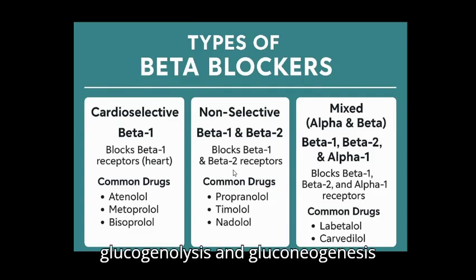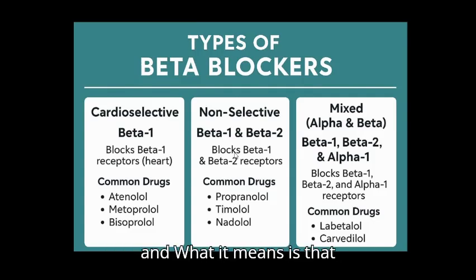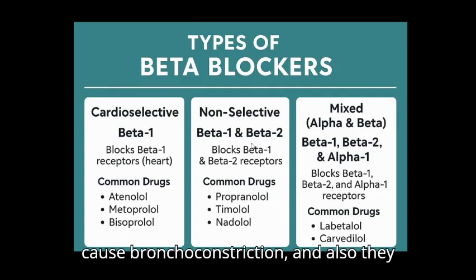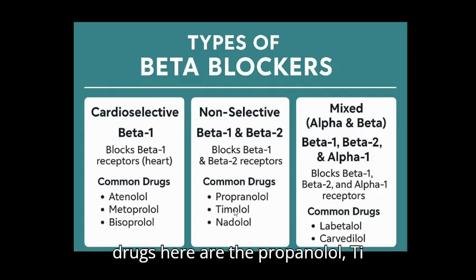glycogenolysis and gluconeogenesis. Yeah, and what it means is that they can mask hypoglycemia, they can cause bronchoconstriction, and also they can cause vasoconstriction. And the groups of drugs here are Propranolol, Atenolol, Nadolol, and Pindolol. And the contraindication here is that since this group of beta blockers cause